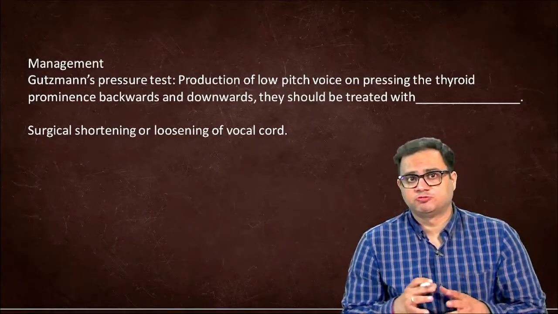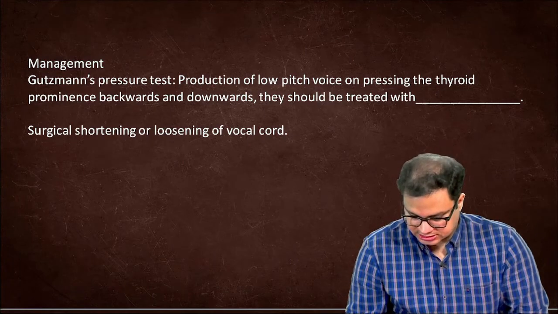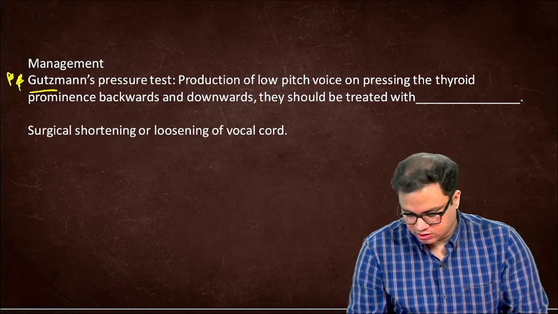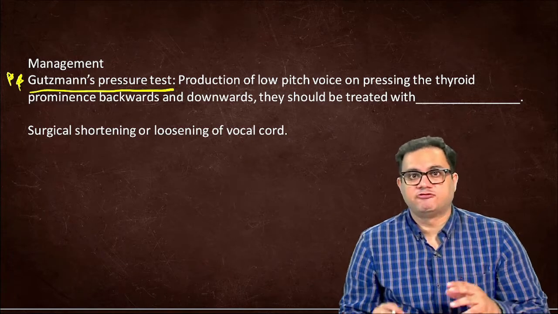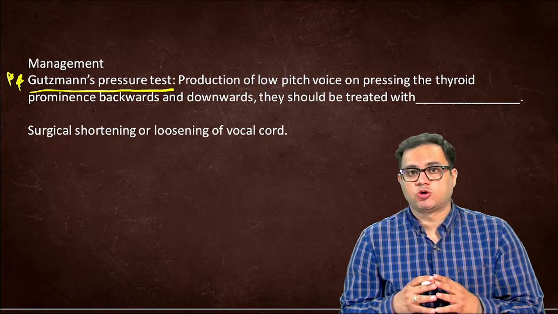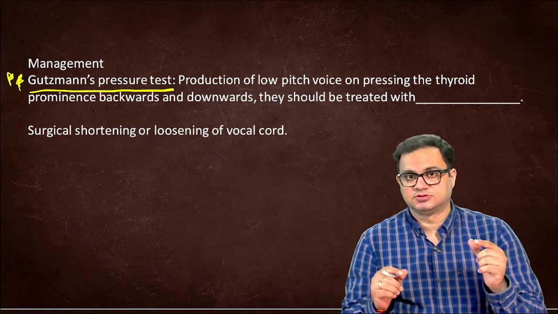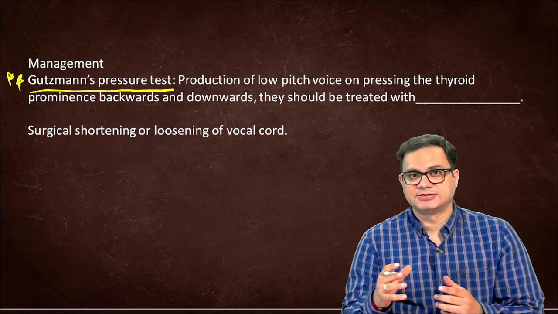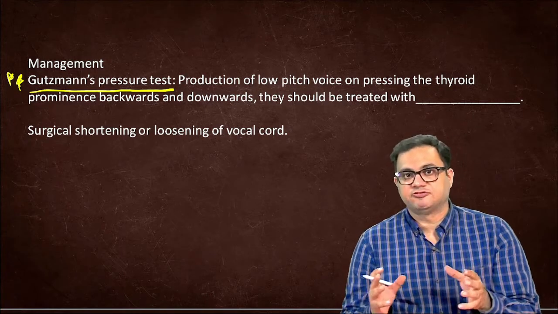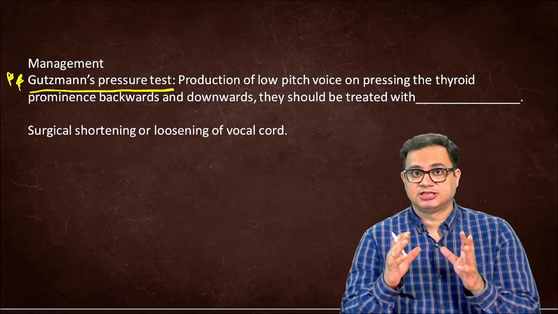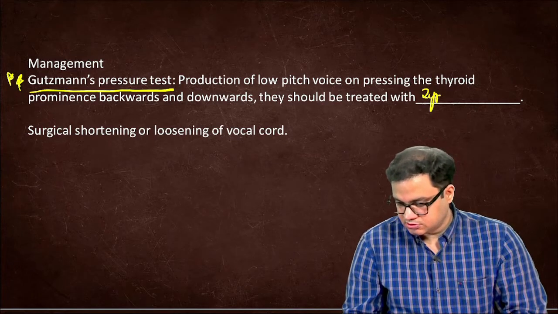Now coming to the management of puberphonia, in management there is a particular test which is done clinically, that is known as the Gutzmann pressure test. This is very important and often it has been asked in the examination. Now what is Gutzmann pressure test? It is the production of low pitch voice on pressing the thyroid prominence backwards and downwards. So when you are in a clinic, when you press the thyroid prominence of the patient, or the Adam's apple of the patient, this is the Adam's apple, and if you press this downwards and backwards, and if in the boy there is a production of low pitch voice, that means that this patient is having puberphonia and they should be treated with type 3